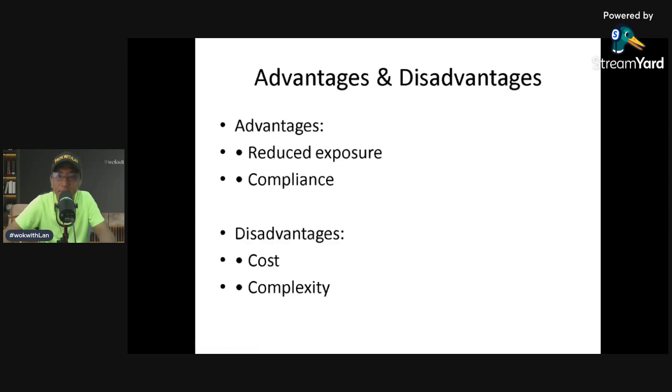Tokenization reduces breach impact and supports compliance, but it also adds cost and system complexity. So there are added costs on that. Security is always a balance between risk, cost, and usability. It is okay if there are added costs on that particular practice, tokenization, if you are able to protect $1 million of data, that is okay.